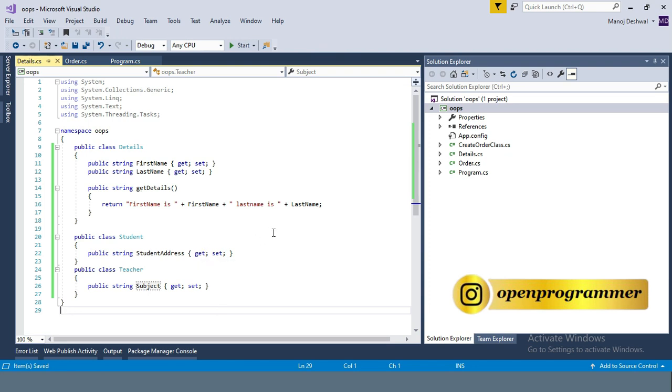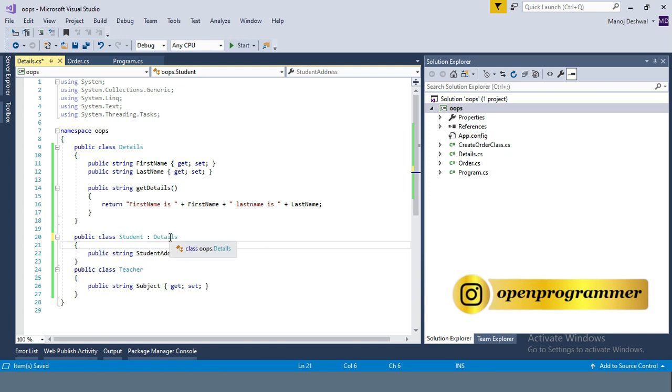So let me show you what is inheritance. Inheritance means using the properties, like reusing the properties. So how to achieve that? What I have done is I have just implemented that particular Details class to Student class.